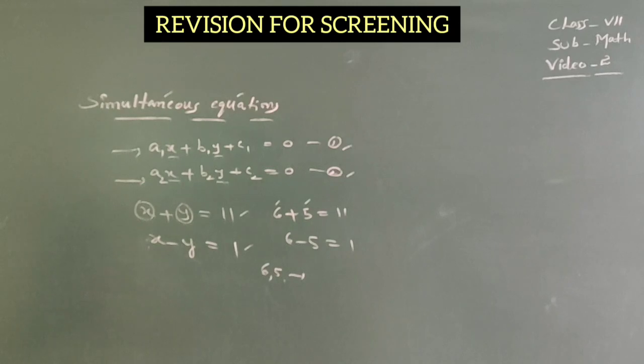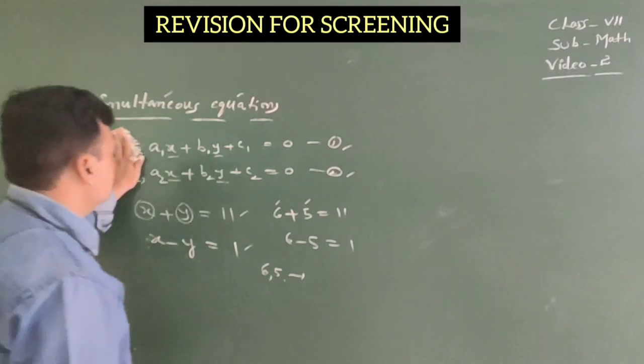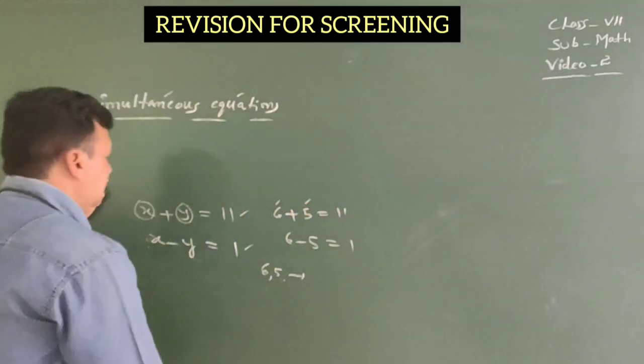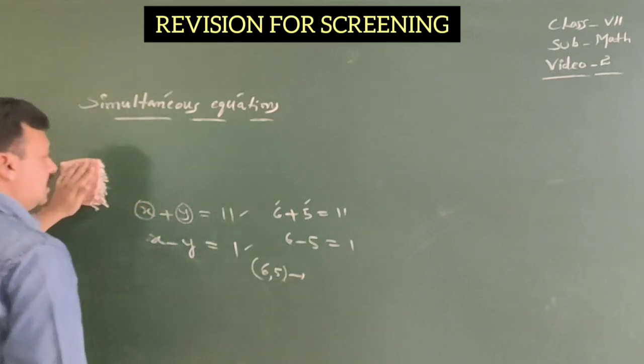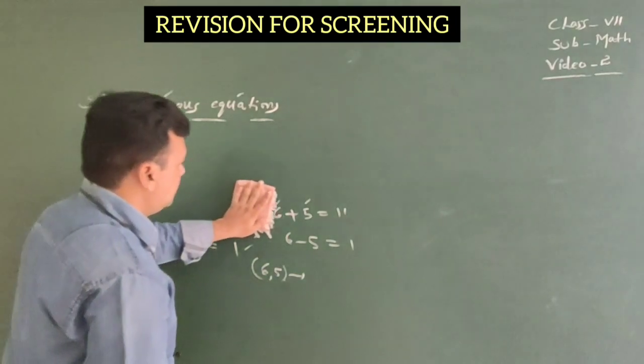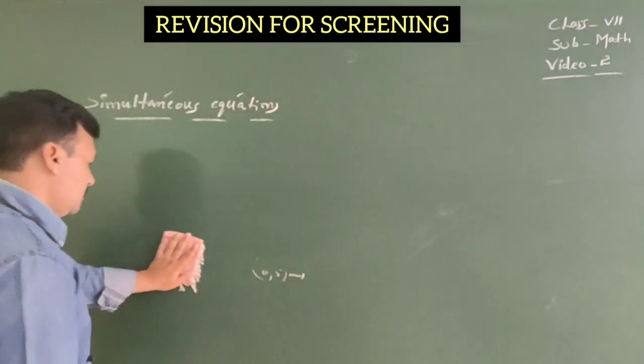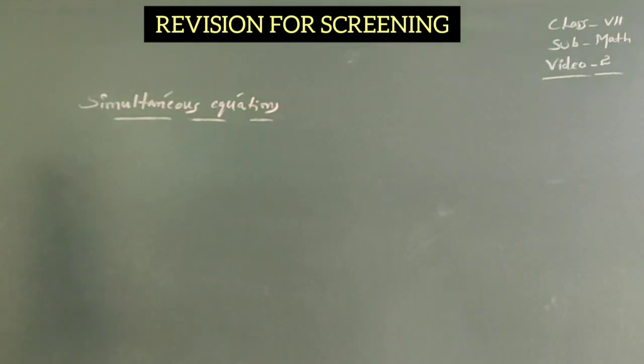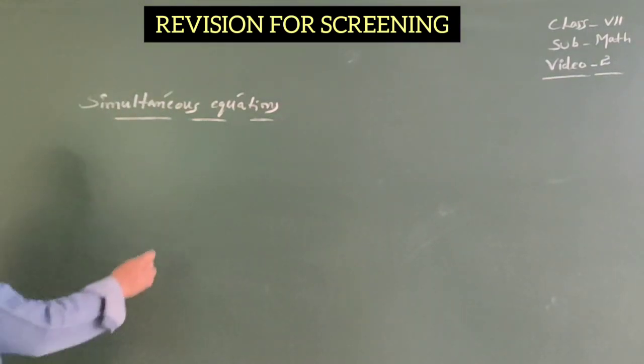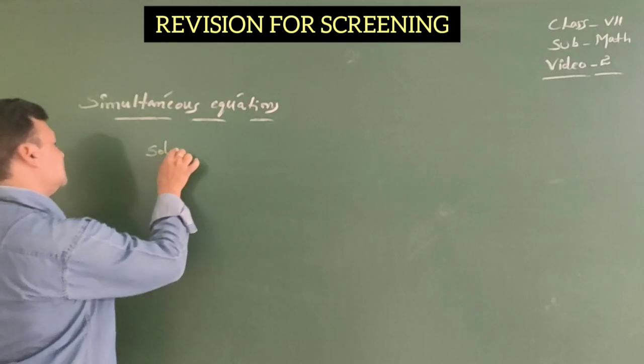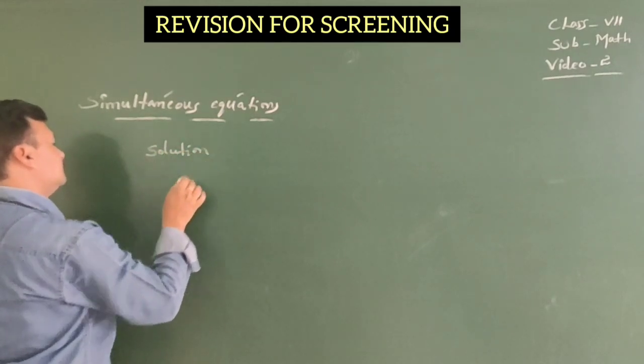That's why the system is called simultaneously linear equations. Here 6, 5 is called the solution of the simultaneously linear equation. While coming to the solution of the simultaneous linear equations,